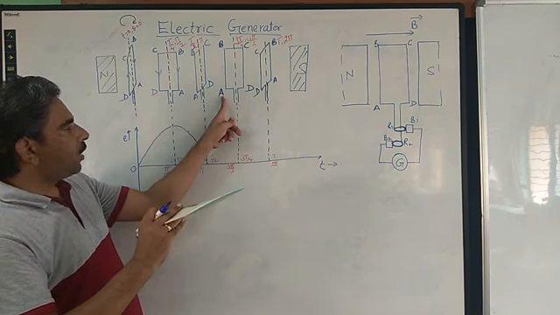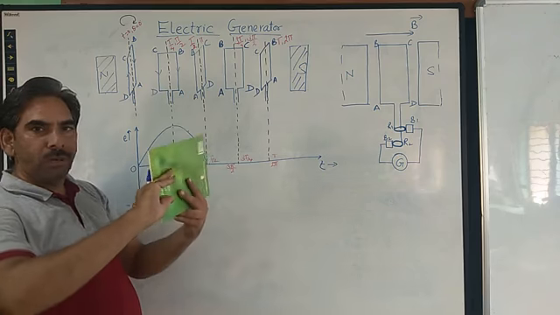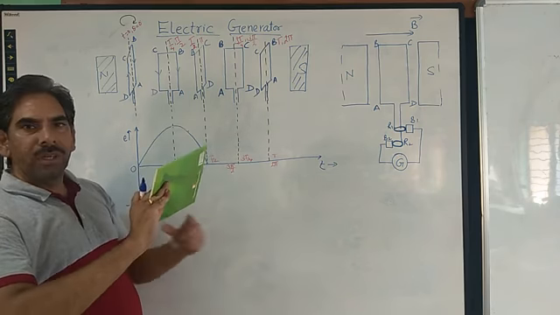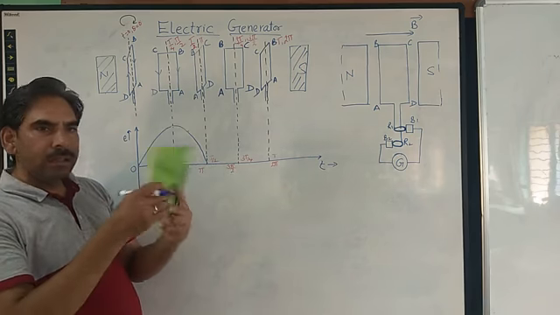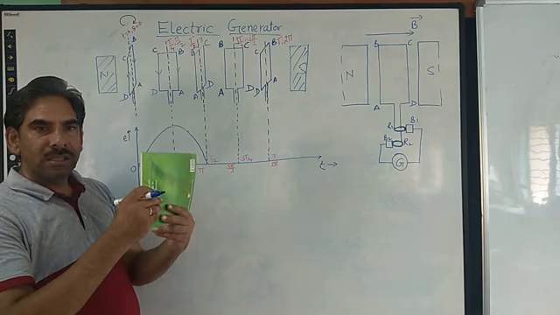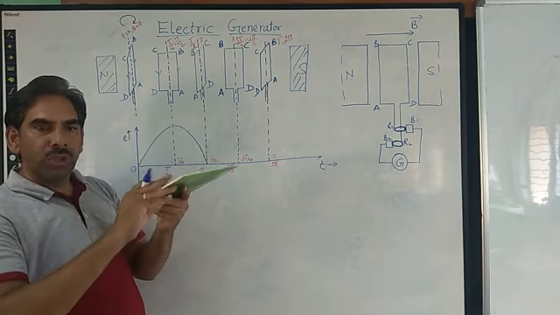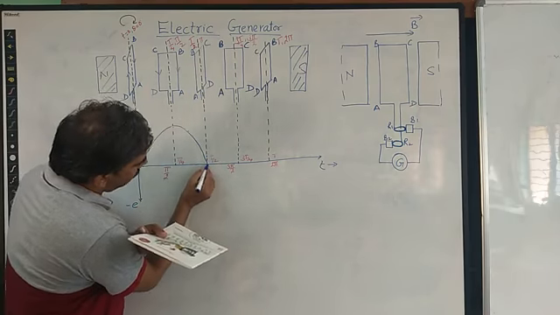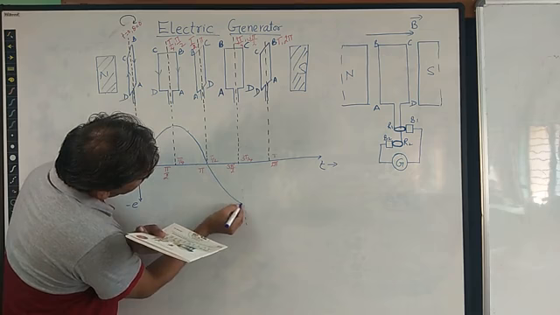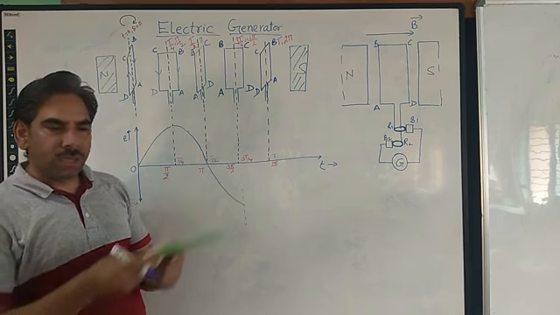So the AB arm keeps coming upward and the CD arm keeps coming downward. So after 180 degree, from 180 degree to 270 degree, we are rotating the coil by 90 degree. For that, the rate of change of flux keeps on increasing from 180 degree to 270 degree. So the value of induced EMF also keeps on increasing till 3 pi by 2, or we can say 270 degree.